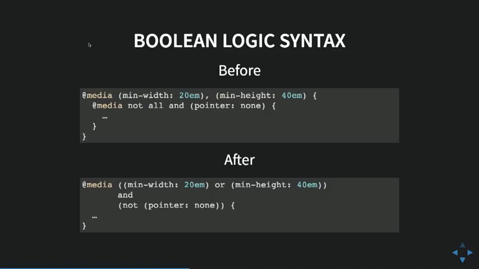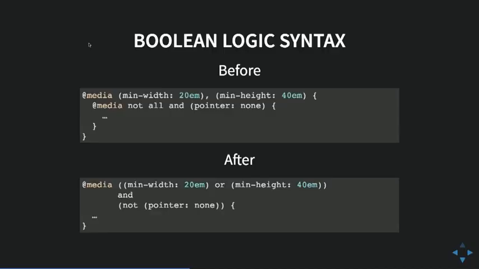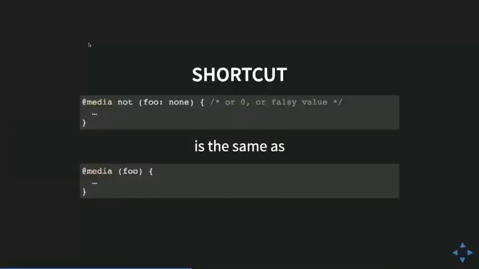And this should make everything much more readable. If you look at the last line in here as well, "not pointer none." Double negations are not nice. It's kind of tricky to understand what's going on here. So we introduce the shortcut. If you want to test whether this media query matches something, I don't really care which value, just not the non-value, then you can use the syntax below. So "not something is none": you can just write the media query, the thing between parentheses, and that's a lot more